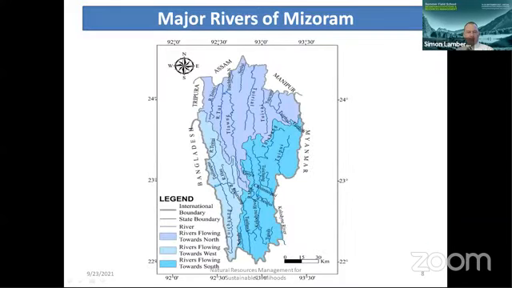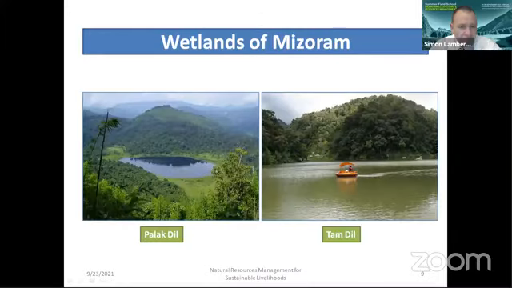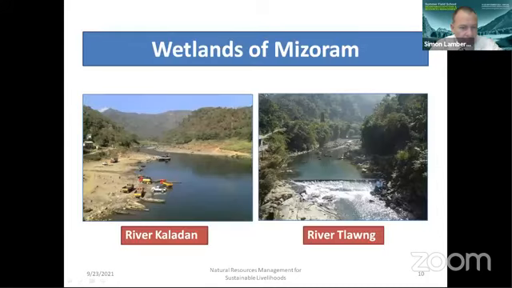These are the rivers. Many rivers are flowing northward, southwards, eastward, westwards. This area is geostrategically very important, because Myanmar covers it from two sides, east and south, and Bangladesh borders it from the west side. So it has a very long international boundary. If you see the rivers, there are many rivers inside. Mizoram also has many wetland areas. They have highland lakes, and many perennial rivers here.